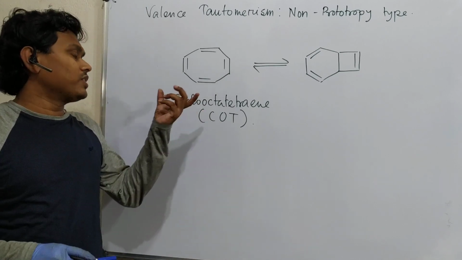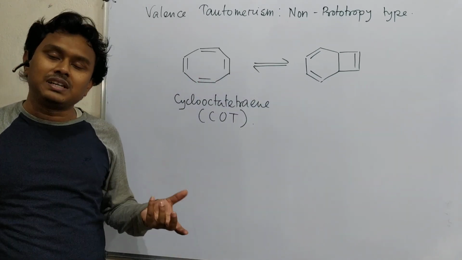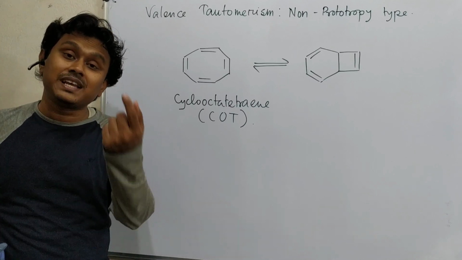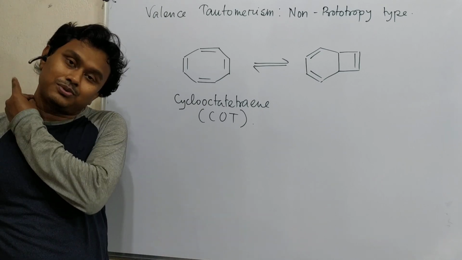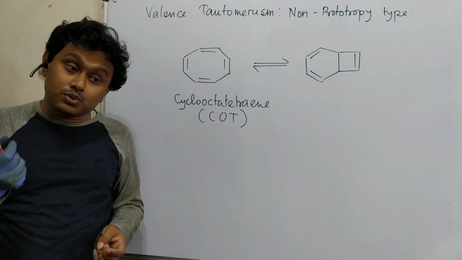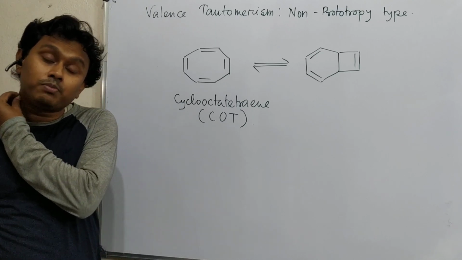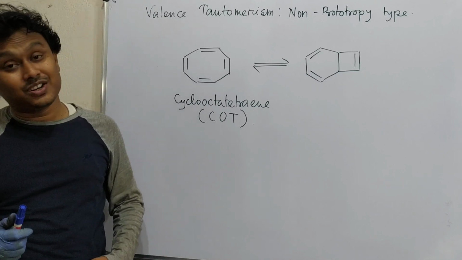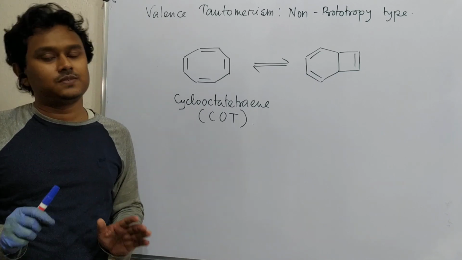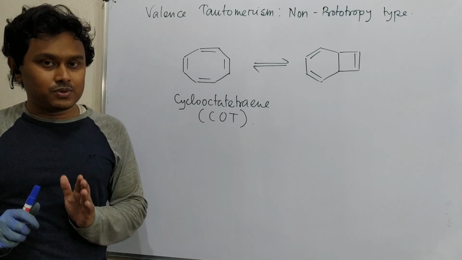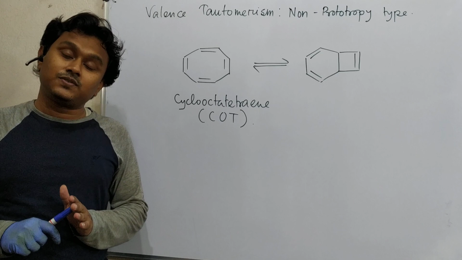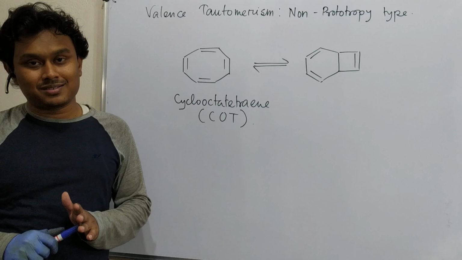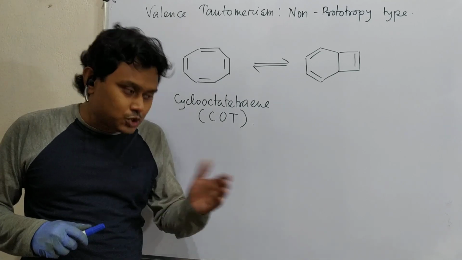you go to the exam. For example, this equation is given and it asks what type of tautomerism it is, and 4 options are given. If you know it, within 10 seconds you can answer. But if you don't know, you have to leave the question. Answering a question within 10 seconds is more beneficial because you get the marks as well as save time. It is very easy if you listen properly. So I request you, please listen completely, such that if such questions appear in the exam hall, you can take the benefit of both time as well as marks. Okay, so lots of interesting things to be learned in this video.